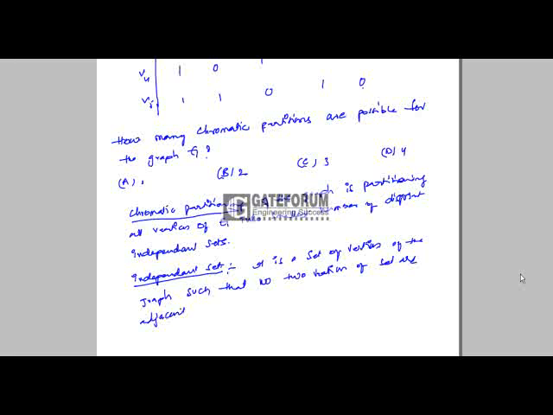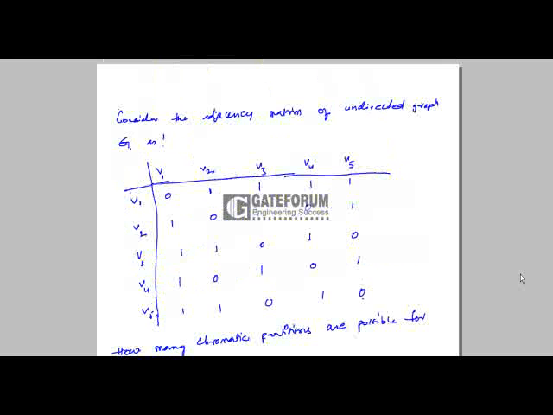This is the definition of an independent set. And chromatic partition is nothing but partitioning all vertices of graph G into the smallest number of disjoint independent sets. So if we see the graph adjacency matrix, we can say that V1 is adjacent to all the